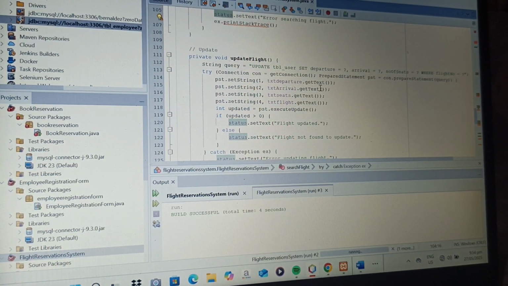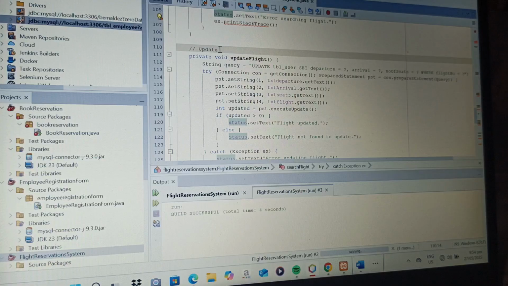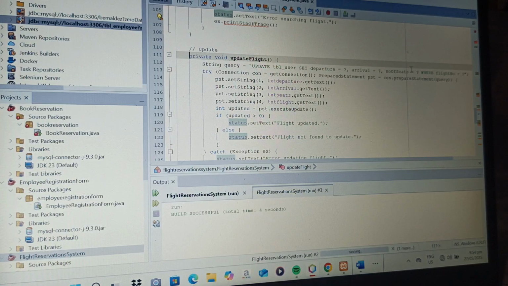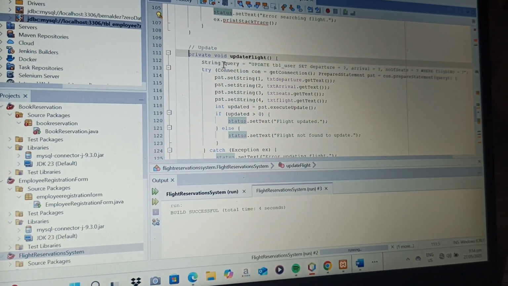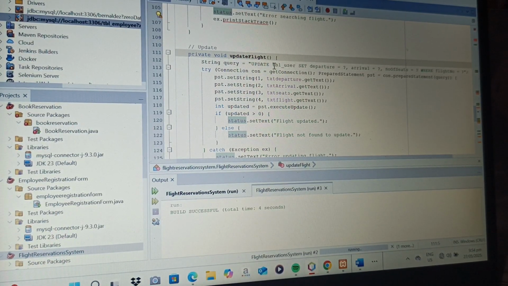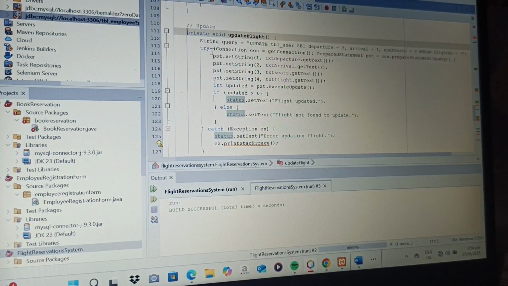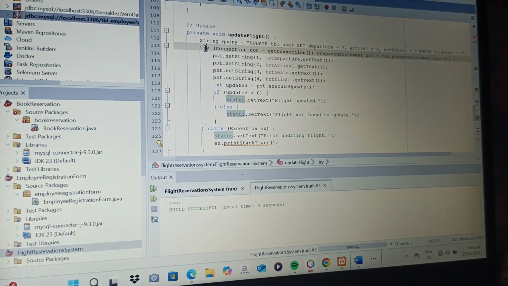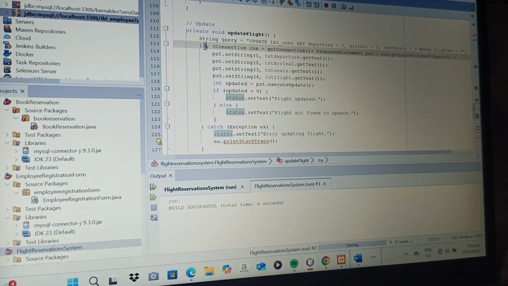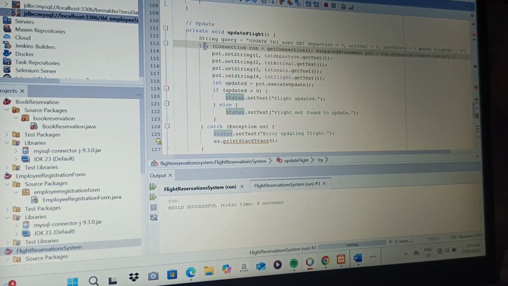So we have to move to the update method. This private void prepares an SQL update query to change existing flight info. Then we have here try. It sets the new values for departure, arrival, and seat count, targeting the flight by its number.